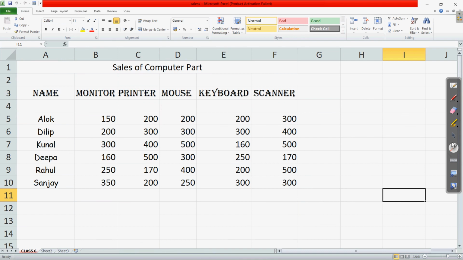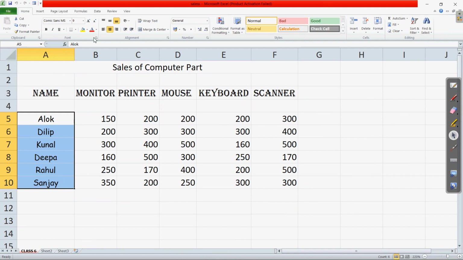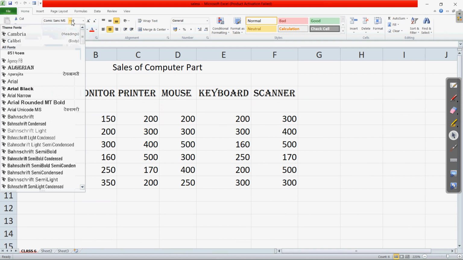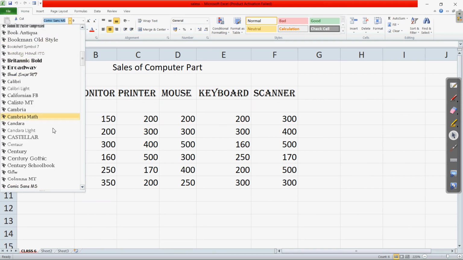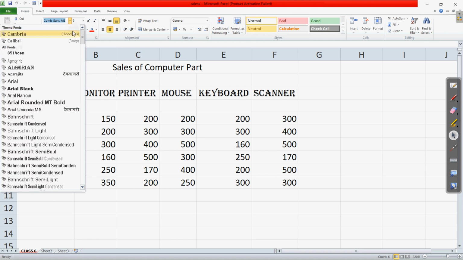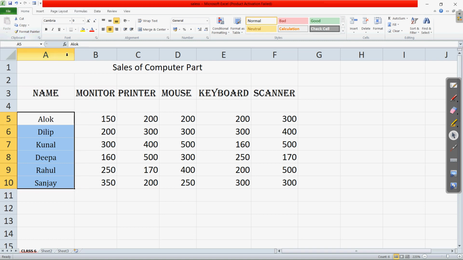So this was the earlier data which we have chosen. Here you can see first the font name we can select from here. When we click on this, in the Home tab we have the font name appearing, and when we select any font name, the text changes accordingly. In a similar way, if you want to change the font size, select the data first, then click on this number.